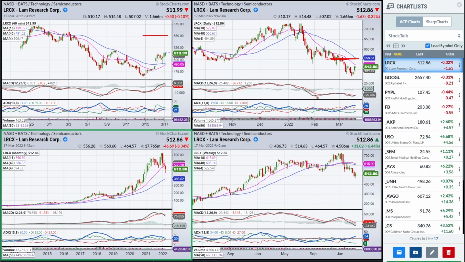Now, because there was no divergence, you see how the MACD made a new low with price all the way through recently, I'm not inclined to really want to play this one. If we had divergence in place, so let's say this was like this and we had MACD doing that, then I would assume that we have a pretty good chance of breaking the 18 and I could play this a little bit more aggressively off the hourly. But I don't necessarily want to fight these declining lines when I don't have any sign of divergence yet. So anyway, that's how I would look at that.